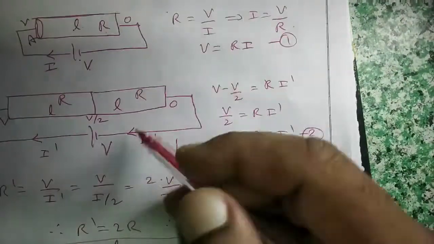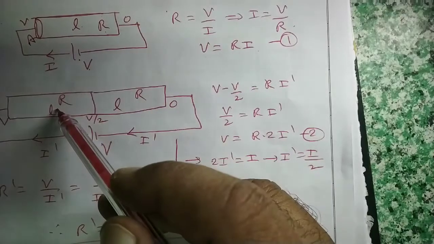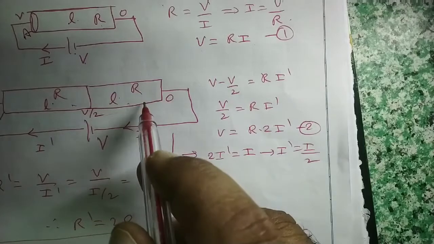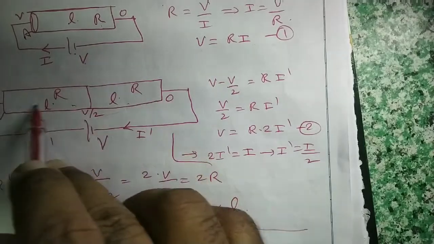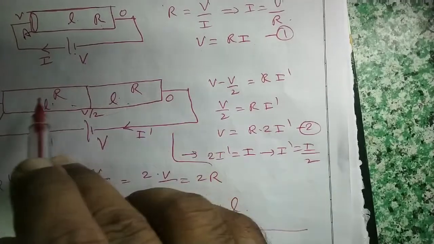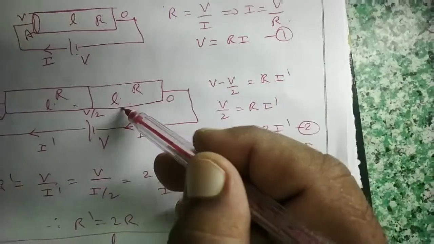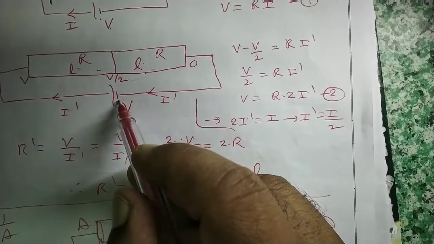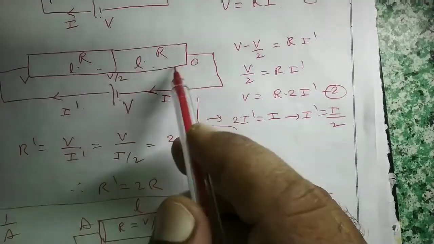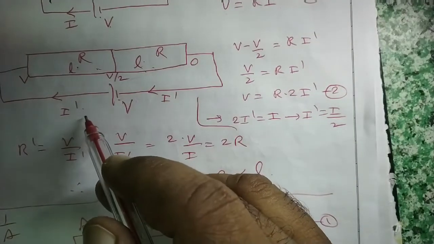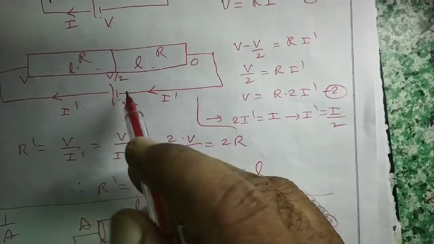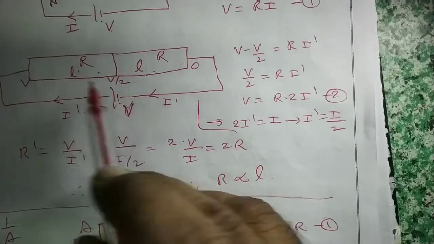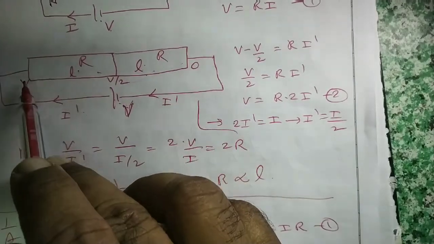This is equation 1. Now what I am doing, along with this conductor, one more identical conductor I am placing side by side, which is called series. Then total length of the complete combination becomes L plus L, 2L. Length is increased. That means by adding one more identical piece, I made the length double. Then the same battery I am applying. Then current is say I dash because conductor length has increased now. How much current, I don't know. That is why I imagine current as I dash. Now since these two pieces are uniformly made, the potential difference of the battery will be dropped, here 0, here V, and it will be distributed uniformly.